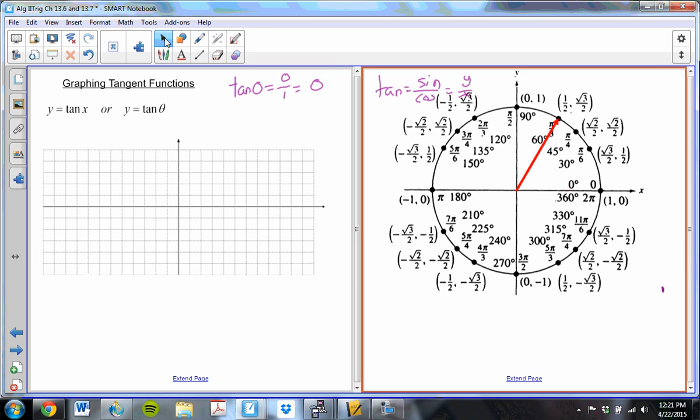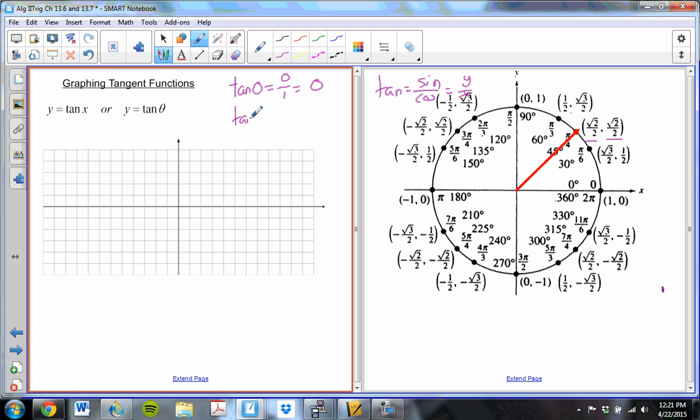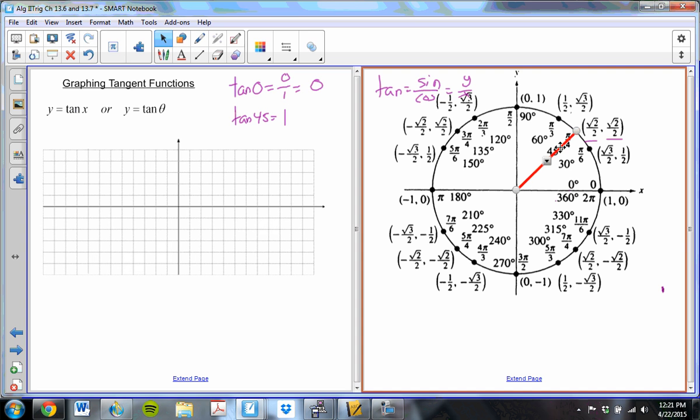In fact, if you think about this angle moving from here at 0, at 45 degrees, once you hit 45 degrees, the sine value and the cosine value are the same, which means the tangent of 45 is something divided by itself, or it's 1. Now we keep moving. The cosine values are getting smaller, the sine values are getting higher, and right here, just